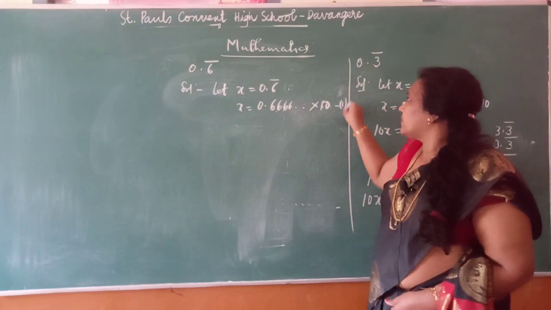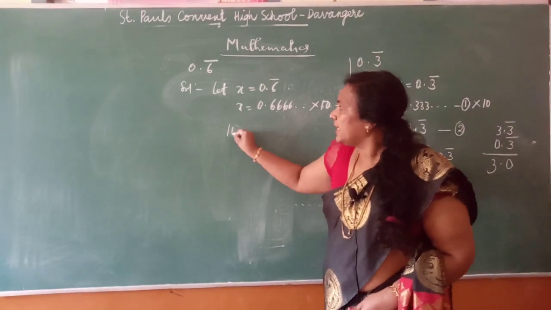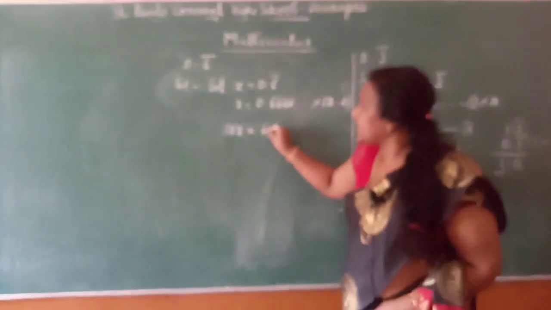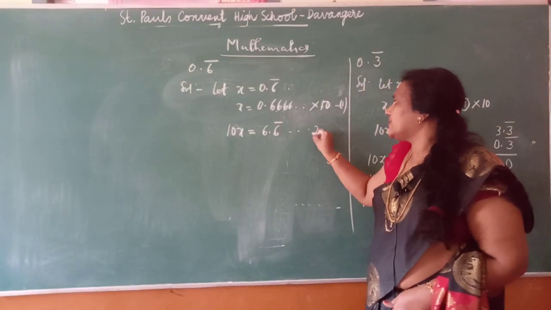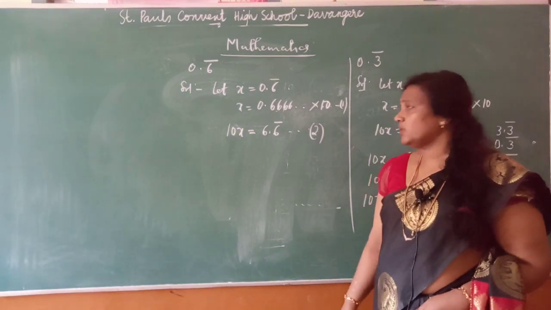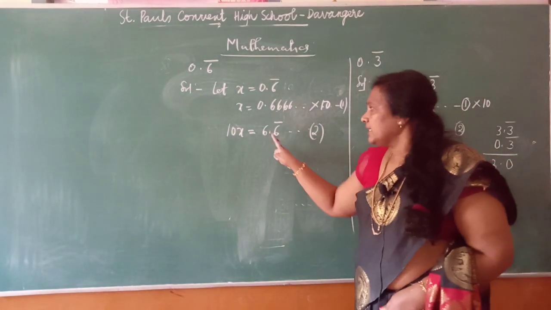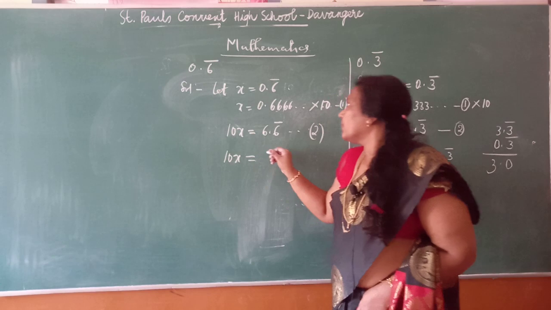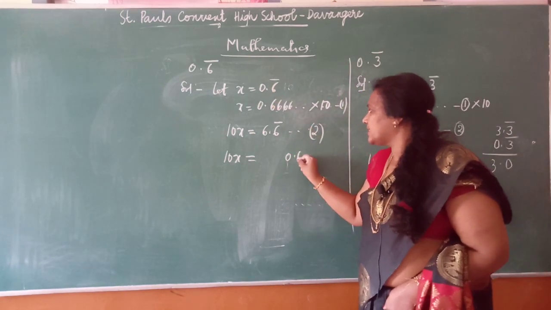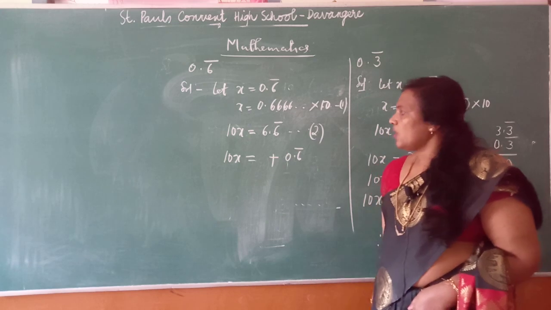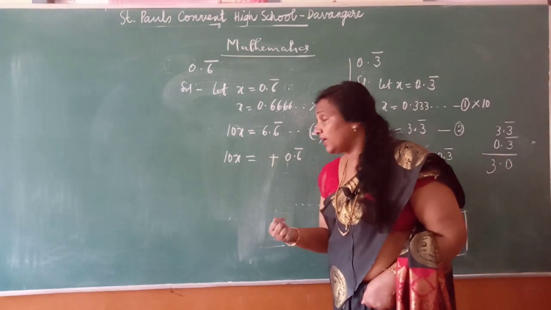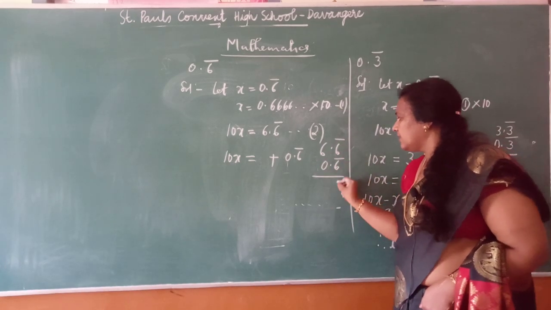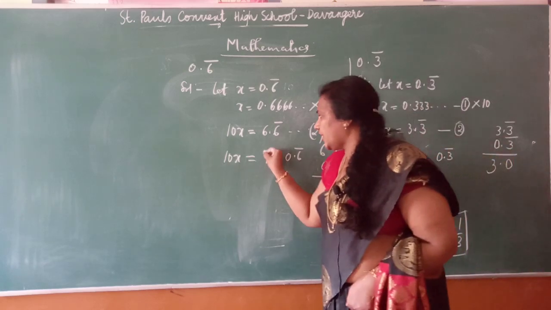So this will be the first equation. Now if I multiply 10 into x, 10x. Since there is only one 0, you move the point one place and write 6.6 bar. So this becomes the second equation. Now children, what is the third step, you tell me? This 6.6 bar I have to split. So 10x is equal to, this first step, I write 0.6 as it is. Then what number do I have to write here? How shall I find? How will I know? I have to take 6.6 bar and minus with this.